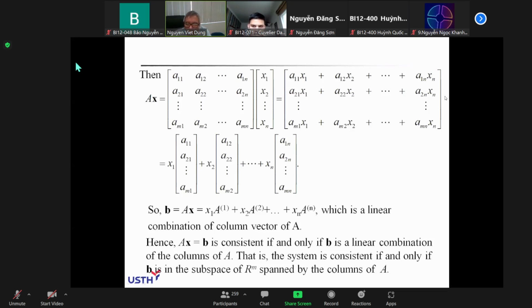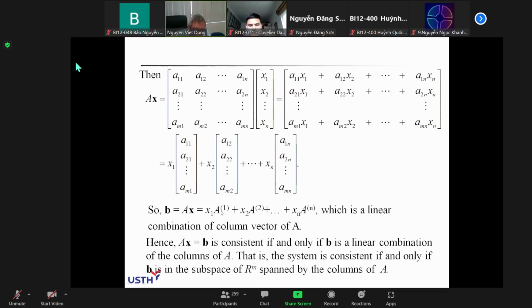And now we rewrite it in the following way. That matrix is exactly x1 times the first column of A, plus x2 times the second column of A, and plus xn times the n-th column of A,